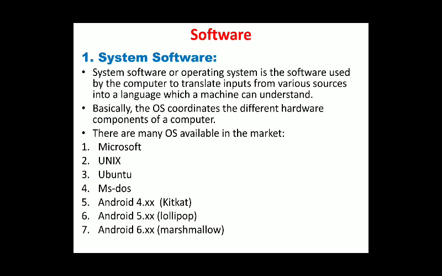Now what is system software? System software is the software embedded in the system. Whenever we purchase a computer or PC, it comes with some software, and that software is called system software. For example, if you buy a computer or laptop but do not install an operating system on it, it won't be able to do the tasks you want. So the operating system is system software. Without system software your system cannot work.